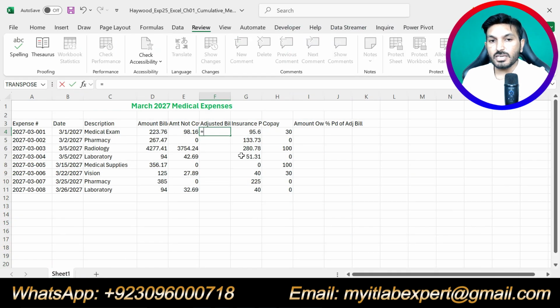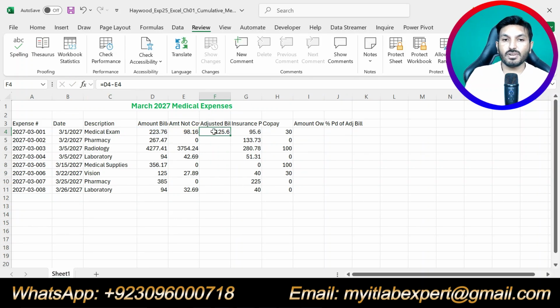So we will type equal sign: amount billed minus amount not covered, and click this check mark and we will get the adjusted bill for this medical exam item.